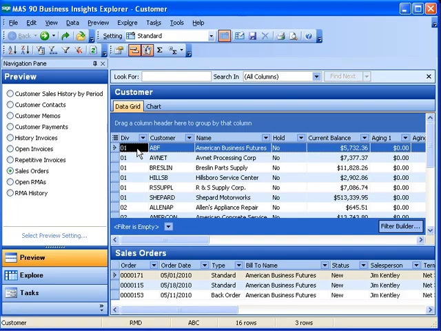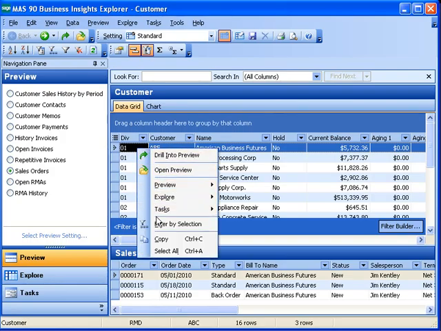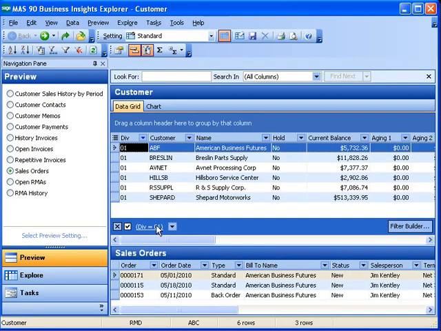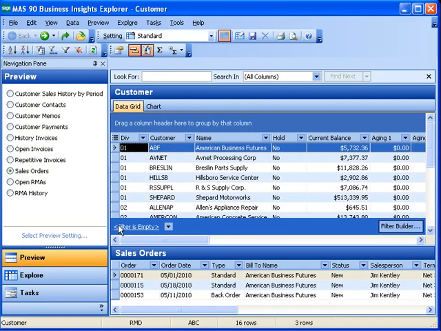One other way for you to filter is to filter by selection, which means that I can right-click on any cell inside of the data grid view and filter by selection. If I do it for this case on the division, where division equals 0, 1, this will exclude any other divisions that are not equal to 0, 1. I can remove this filter to see all of them again,